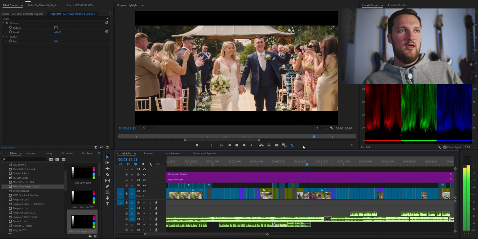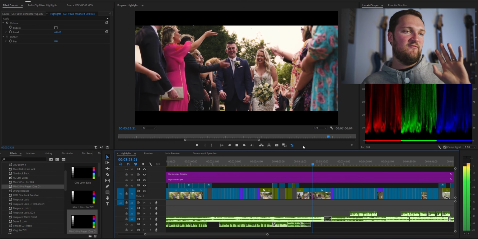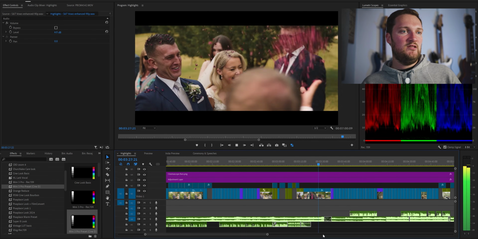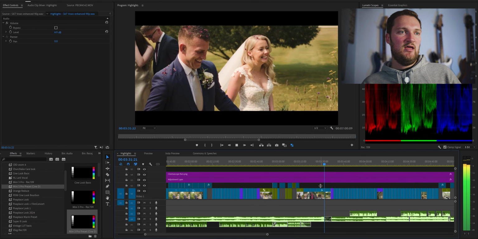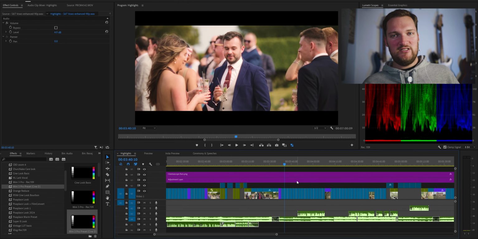So going back, I then have a slow motion shot of the exit, and we've got confetti. And then lastly, I normally use either the confetti or the group shots to transition into the next music track. Here's where I like to use lots of candid shots and really show the guests just enjoying themselves. For me, that's one of the most important parts of just having a little montage of candids,